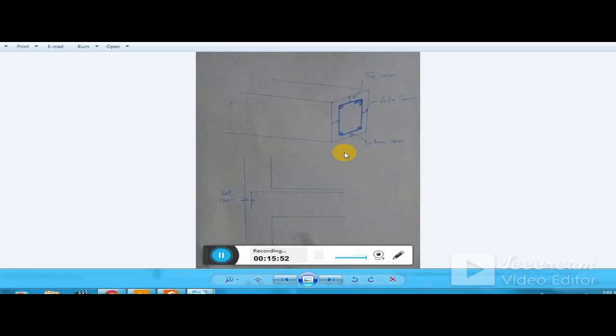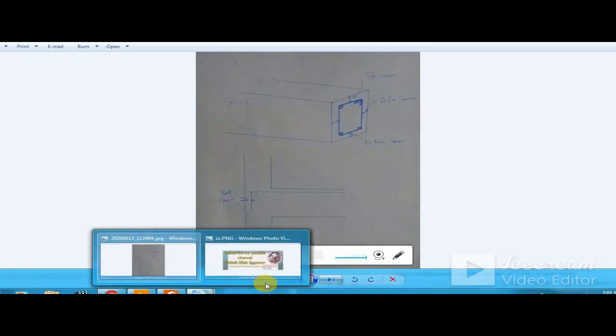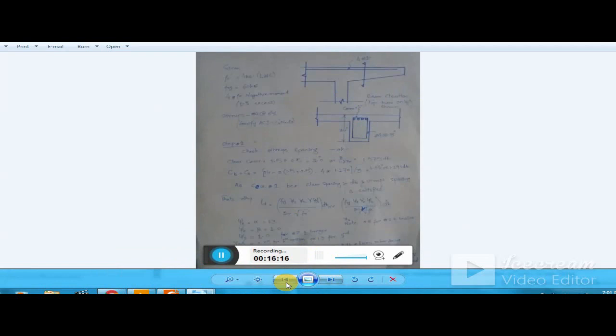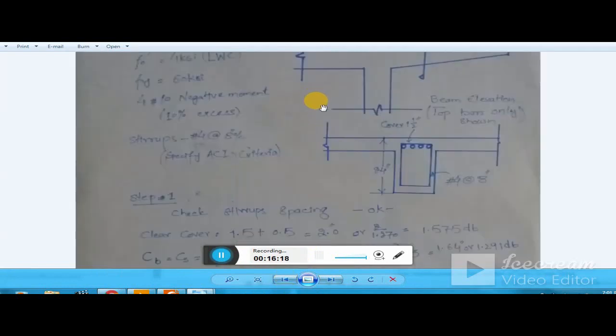If I start lecturing on this clear cover, I can talk, you can say, for 10 to 20 hours. This is very, very important. And I will be making some lectures on this cover as well. I'm thinking to make some videos, okay, on how these covers have an effect, so that it becomes clear. Now you see here